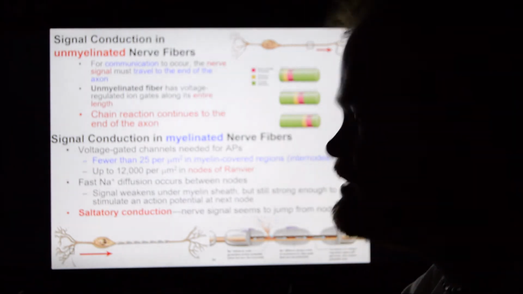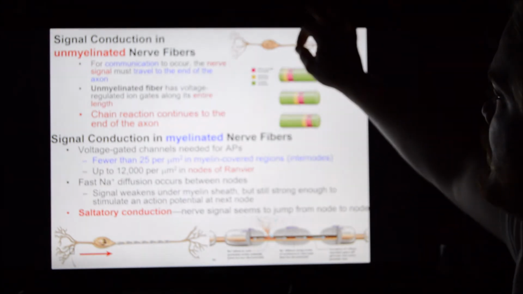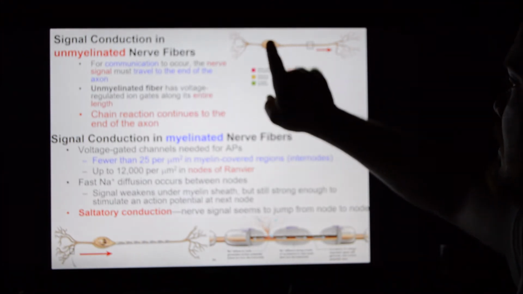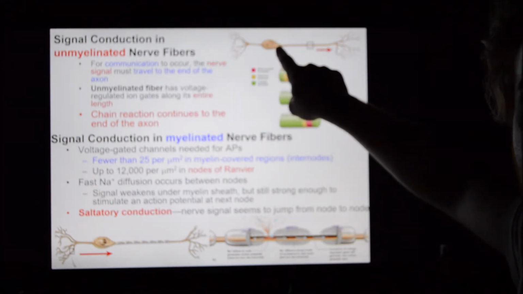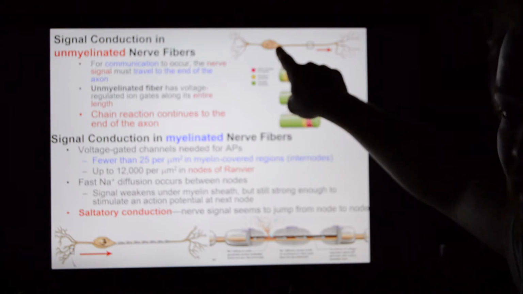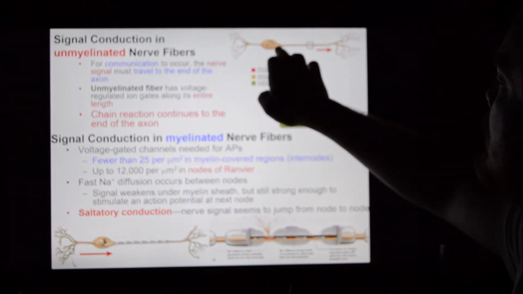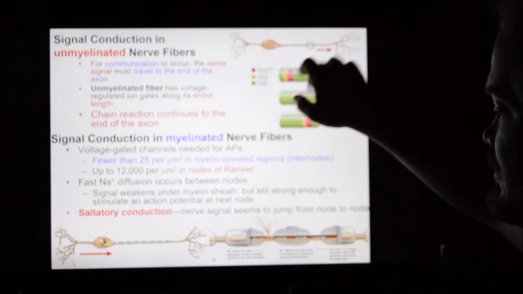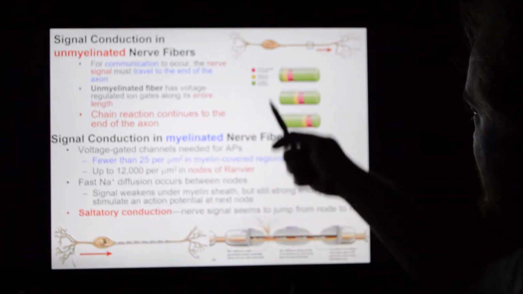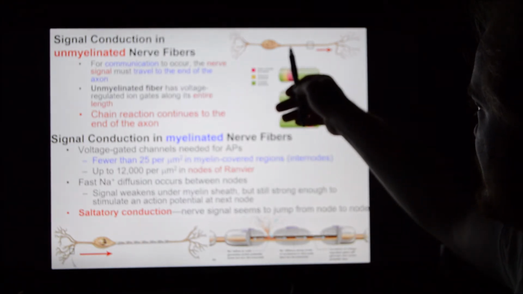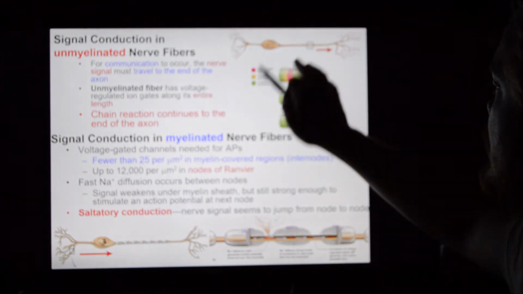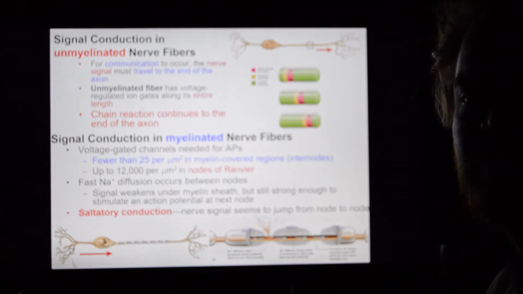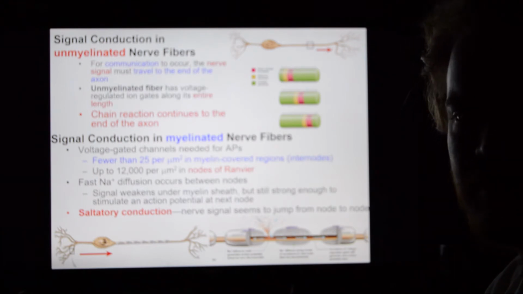Anyways, it's referred to as continuous conduction because what will happen is you'll depolarize an area past the axon hillock, and when there's no myelin, the stimulus, the change in ionic charges that's going to happen here, called an action potential, flows down the length of that axon continuously. So basically, the stimulus is going to stimulate this area, then this area, this, flowing down the length of that axon from one end to the next continuously, not skipping anything in between.